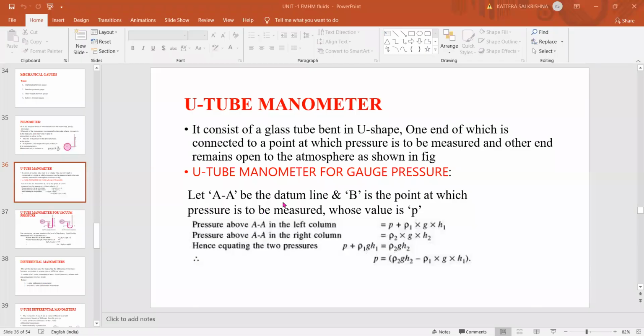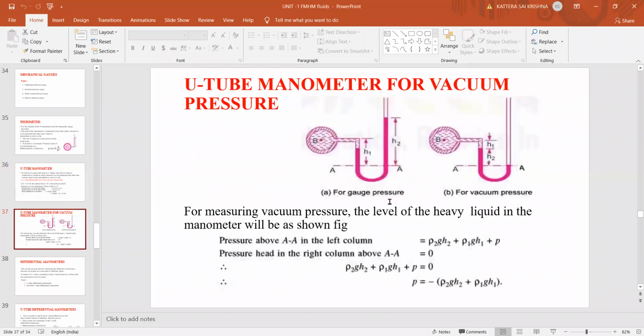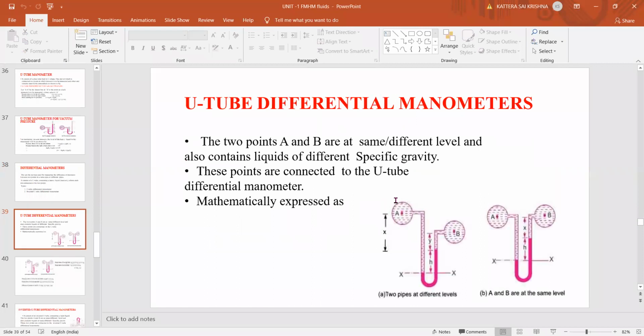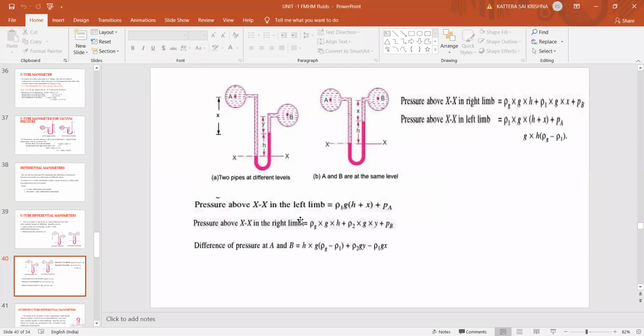Okay, so this was the topic on which we solved some problems in the last class. That is U-tube manometer. In this, we have seen different types of manometers, and we have solved problems also. Then this is U-tube differential manometer, where we have solved many problems, and we have seen two types. One is where the pipes are at different levels and the other where the pipes are at the same level, and we have these expressions also from that. We have seen from the figure how to get this. The general basic formula we'll use is P equals rho g h. By using that, we'll get all these terms.